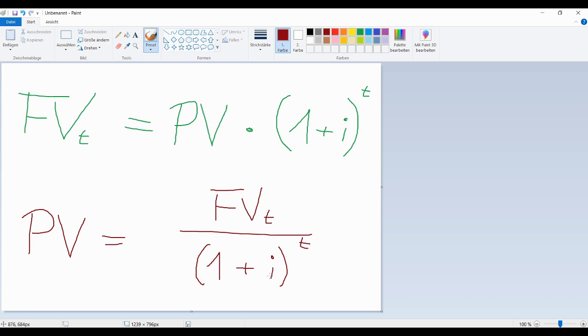So in other words, if the interest rate is 10% and I want to have exactly 200 euros in 2 years, that will be 200 divided by 1 plus 10%, that is 1.1 to the power of 2, and that yields the present value of those 200 euros in 2 years. And now what we're going to do is we calculate this lower part here. Let me make that a bit more clear. So we can also put the future value aside